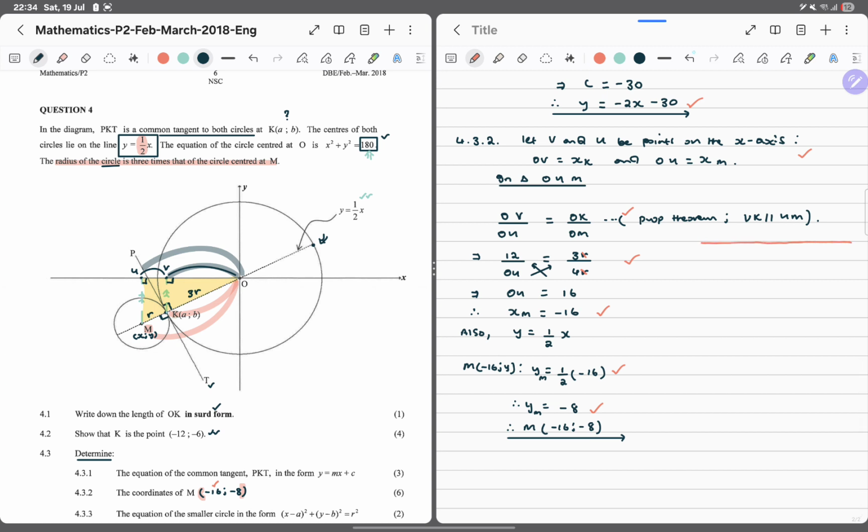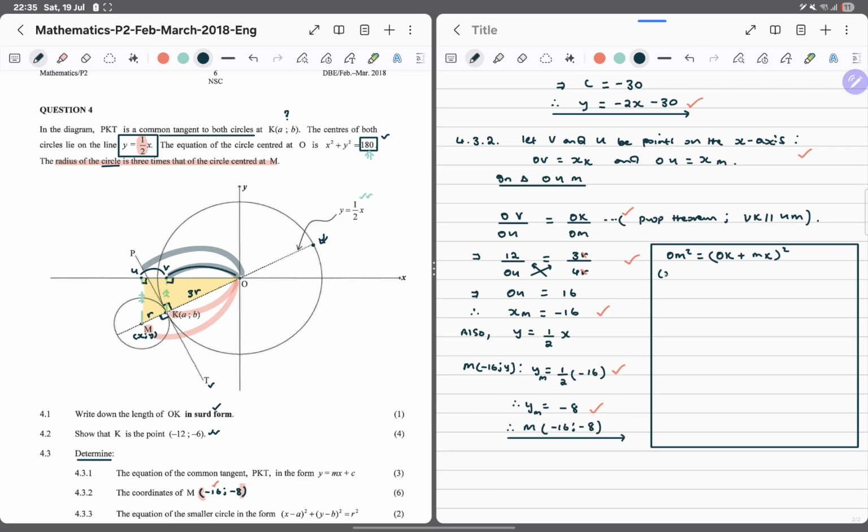But I'm going to make it as rough as possible. I'm not going to go about it the way that I would perhaps present this. So I'm going to go about it rough. So we know, guys, that OM squared is going to be essentially equal to basically OK plus MK. Now this would be squared, isn't it? That was given. But now OM squared is basically going to be, say, the x at M